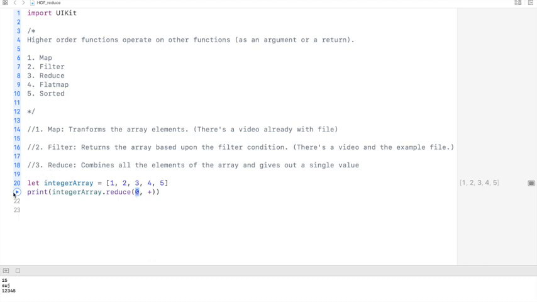So let's see the output over here. This is the output of the earlier program. So 1 2 3 4 5 would be 15. So what if we set here 100? It should be 115 because 100 is our offset over here. So yeah, we got the result, and this is the inline